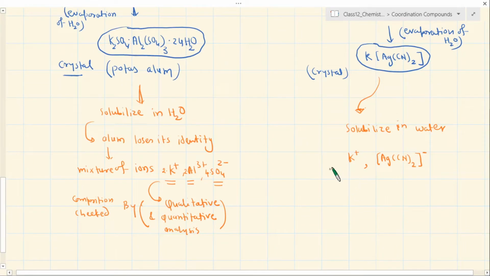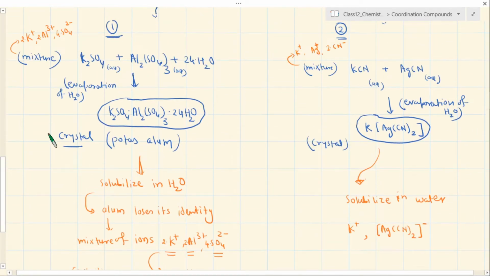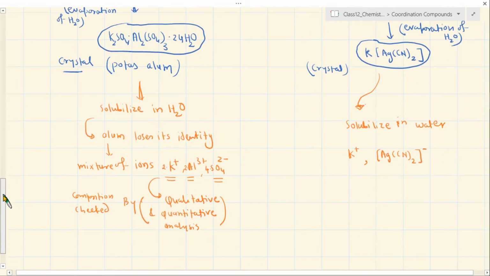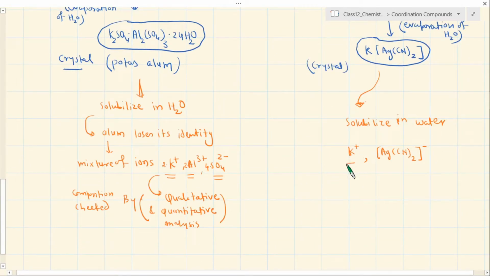And how do you know this? You can establish this because you don't get the test for cyanide which you used to get earlier in this case. You don't even get the test for silver ion separately which you used to get here. How do you know silver ions are present? You can treat with chloride, right? Cyanides you can treat with some iron salt, you will get the color. Okay, potassium can also be tested. So you get the test of only potassium ion, number 1, and you get a specific test for one big ion, and they are found to be in 1:1 proportion, 1 potassium, 1 of this. That means they are balanced by the charge here.